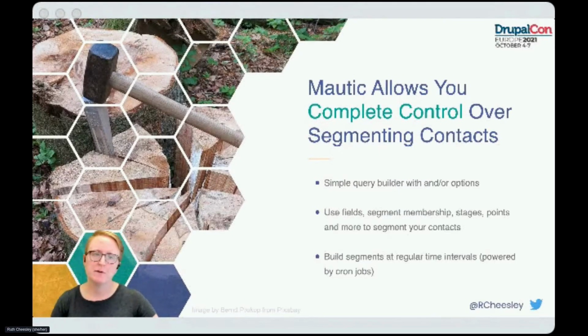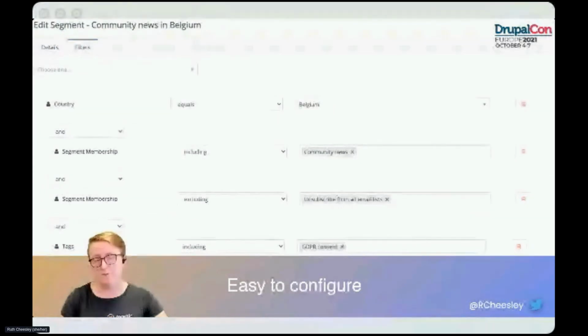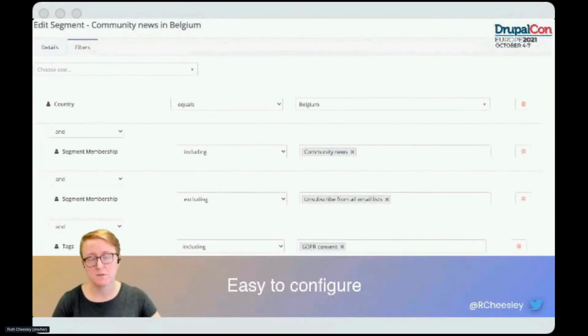This shows you building a segment for people in Belgium who are interested in receiving community news. This is because we're just about to start up a meetup group in Belgium, in Ghent. So we wanted to be able to communicate with everyone who's given us permission to contact them about community news, who's located, as best we know, in Belgium. And so this segment is saying if they're in Belgium, country, and they're in the community news segment, which means they're interested in receiving that information,